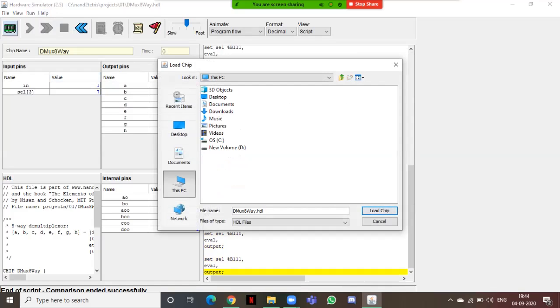For project 2, I'll go to my C drive, then load it. Project 2 consists of add 16, ALU, full adder, half adder, and increment 16. So first I think we should perform the half adder.